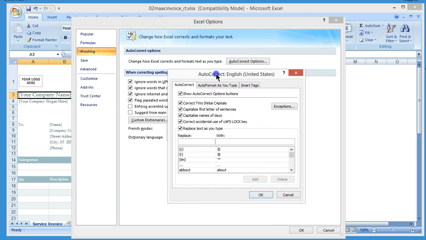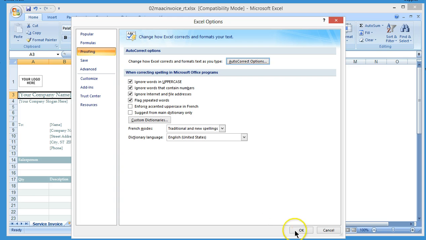We may use this MAAC a lot, so we want to replace MAAC with, and I'm going to pause and give you time to type Michigan Avenue Athletic Club, just like on number 6. So we have MAAC, and we're going to replace that with Michigan Avenue Athletic Club. Click where it says add, and then click OK, and then OK,